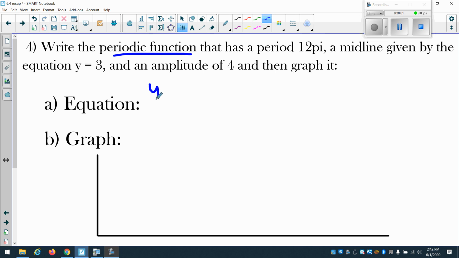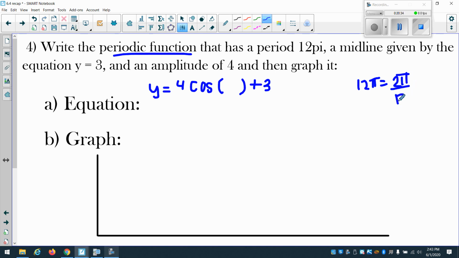So you have y equals amplitude of 4 cosine. Okay, we're going to find that b value in 1 second. And the y value is plus 3 because that's your midline. So to find your b value, we have 12 pi equals 2